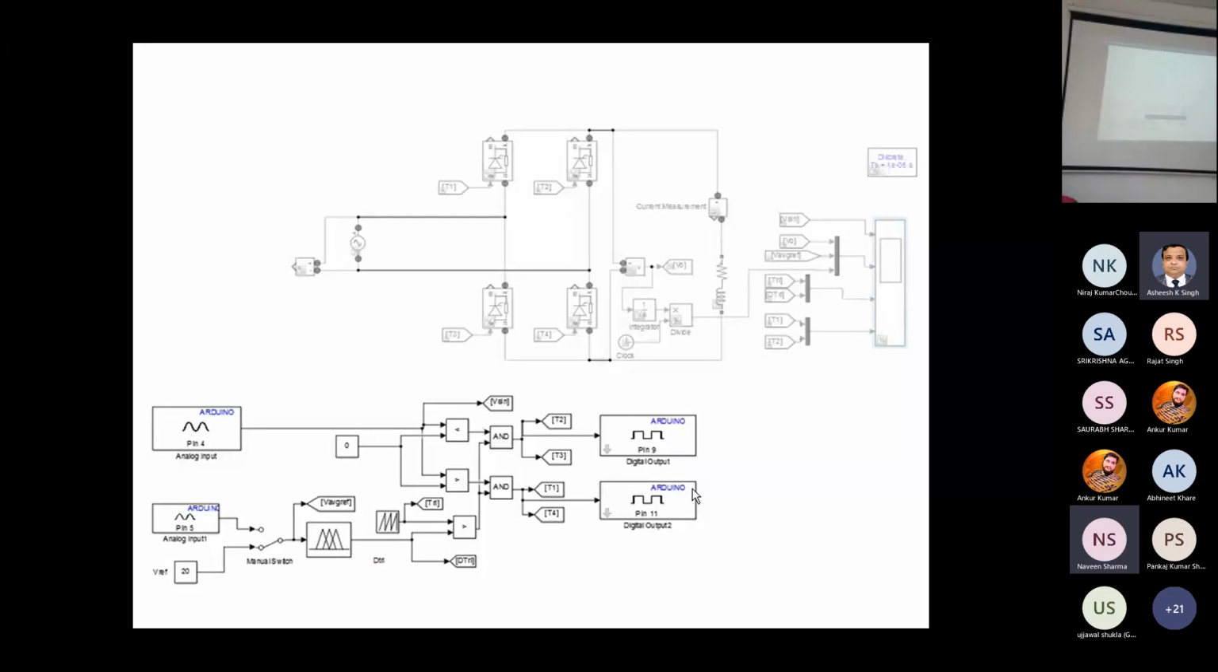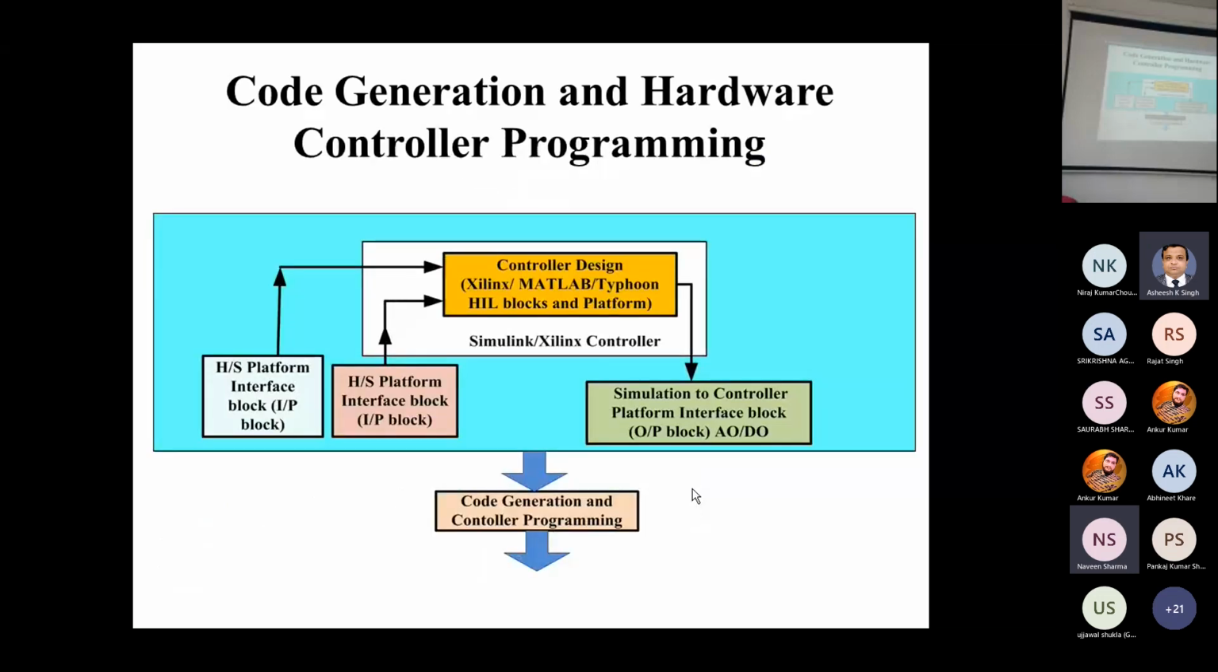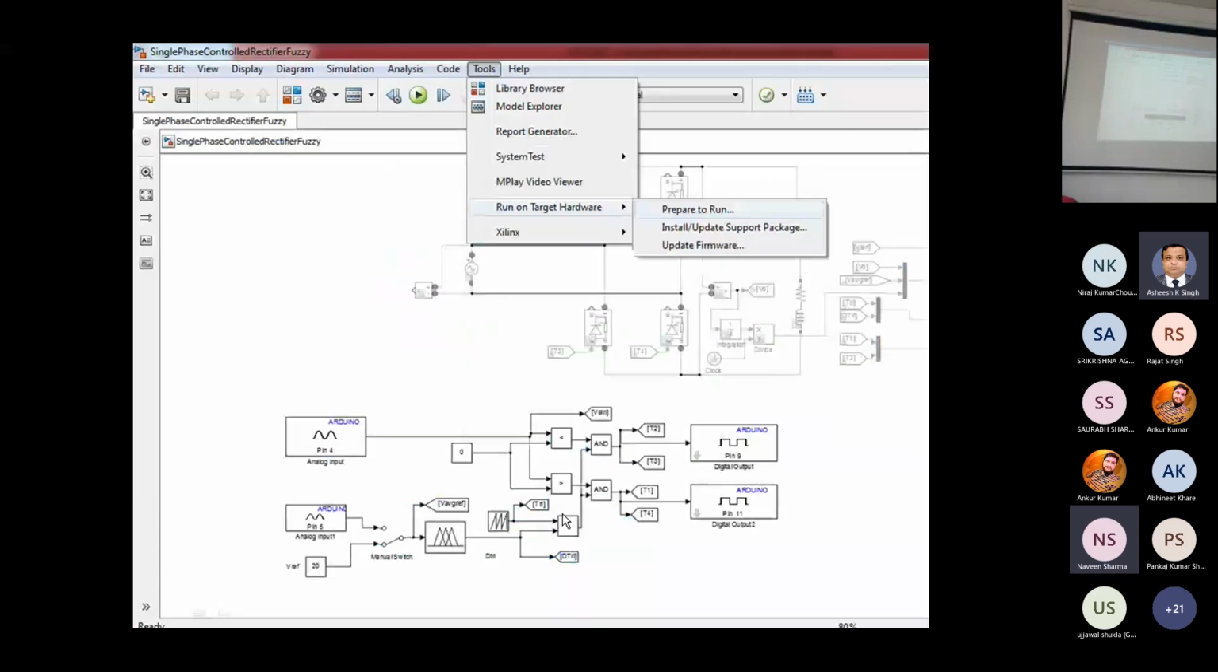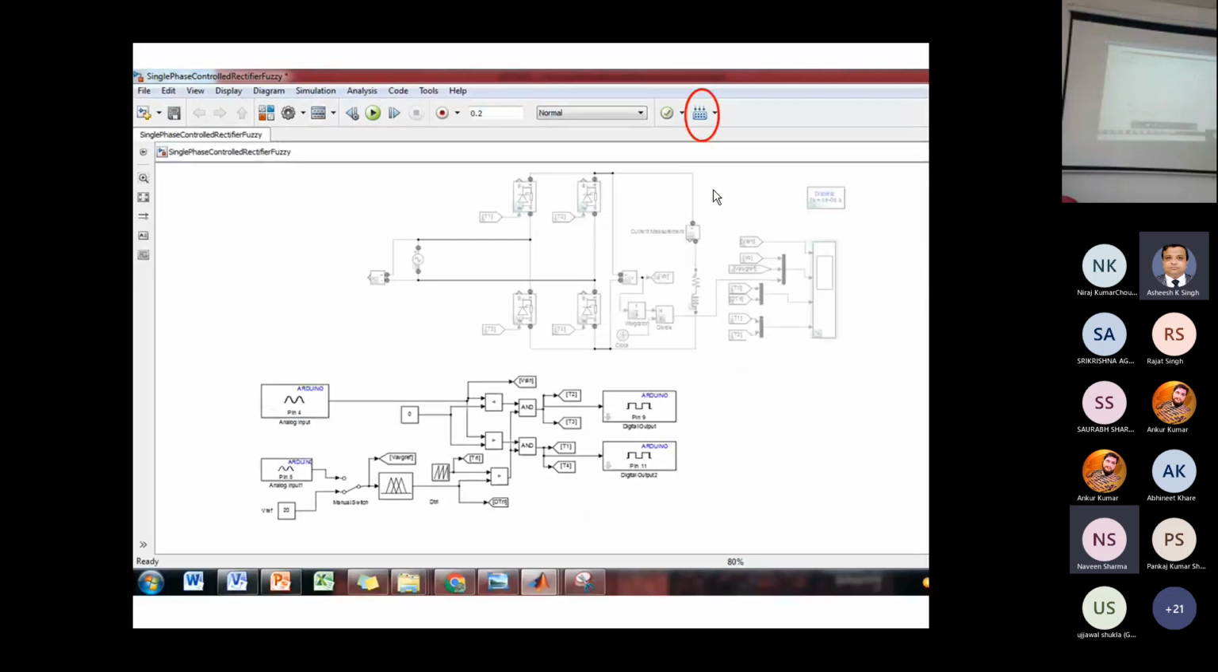So this is the interface block we have used for a simple controller. After that, we will generate the code, and this code will be dumped in the controller. After this code has been generated and this Simulink program has been designed, we run on the target hardware. So actually, before this, we prepare to run, and there are various settings. This red colored circle represents where we start the code generation, and after the generation of the code, this whole